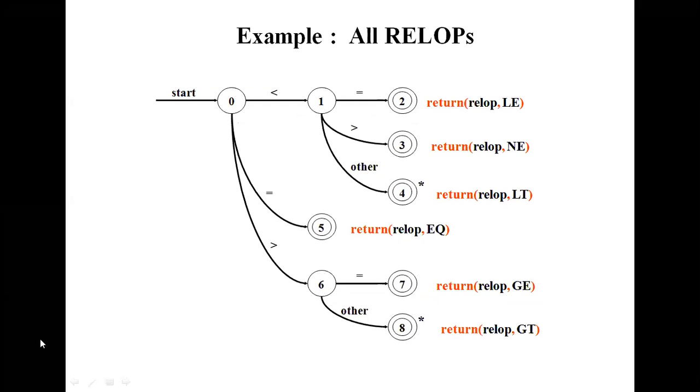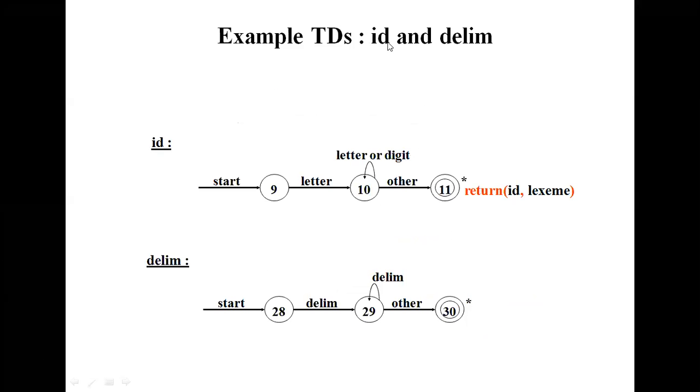Now, let's see the IDs, in the sense identifiers, and the delimiters. Delims. I think you all know the word delims. What is the meaning of delim? Delims are nothing but delimiters. Delimiters are nothing but a blank space or commas or any other characters or symbols that indicate the beginning or end of the character string. It may be a word or data item, whatever it may be, those all come under the delims.